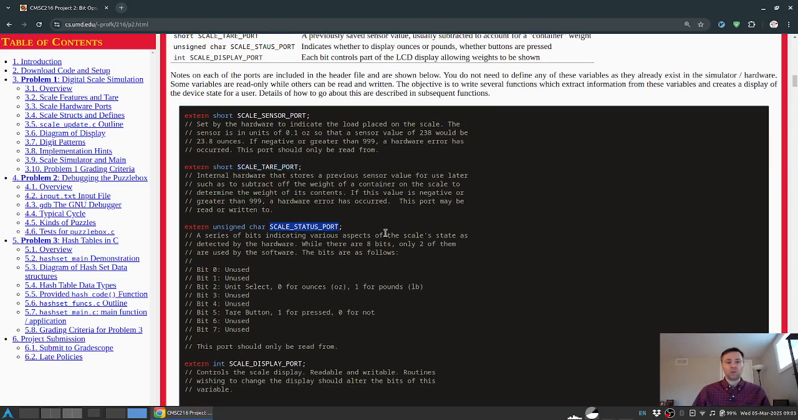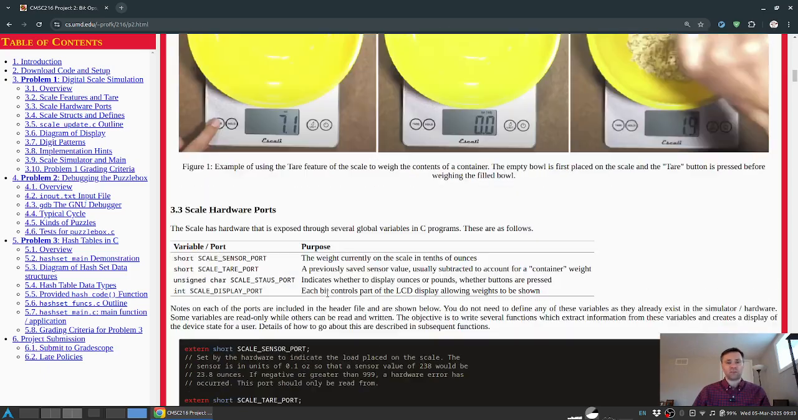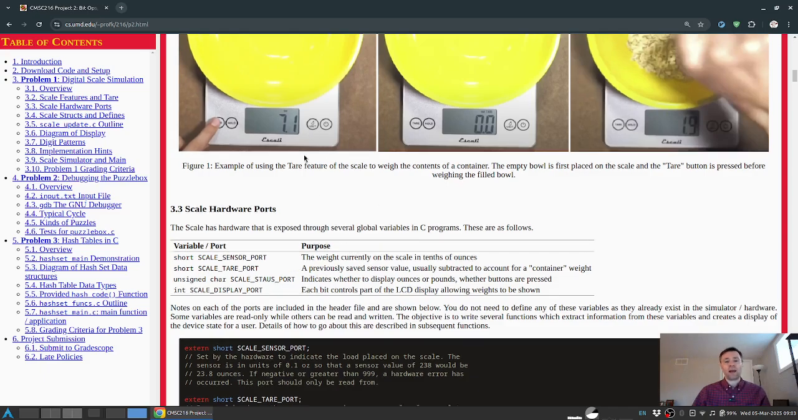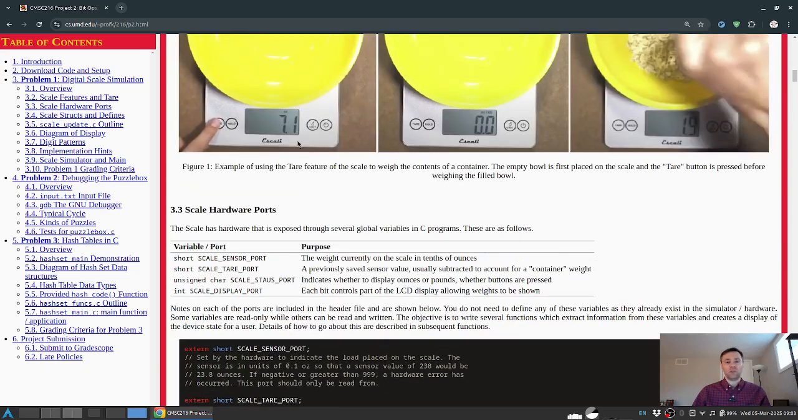Next is a status port, which indicates certain features of the scale. This is an unsigned character, 8 bits. However, the bits don't constitute a number. They instead constitute a series of flags, or on-offs. At bit 2 there's a unit select, so that if it's 0, then you should display in ounces. But if it's 1, someone has pushed the little unit button over here and changed it to pounds. So this quantity should be divided by 16